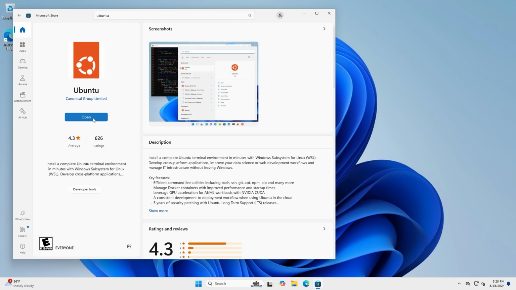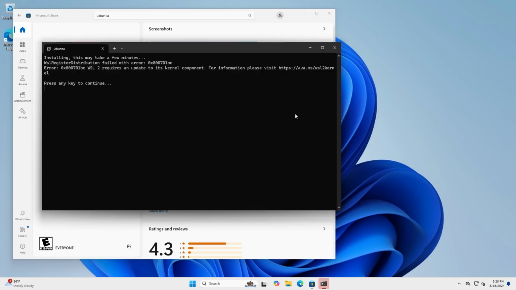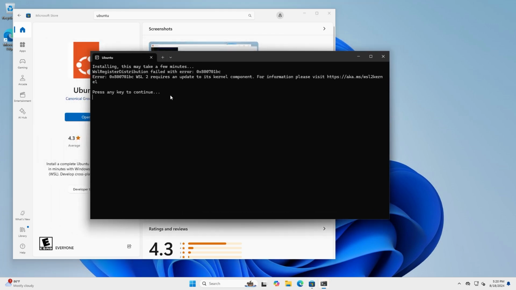Okay, we can see that it's now installed, so we can click Open, and this will launch the Ubuntu WSL environment. Now, most of you will probably get this notification: WSL register distribution failed with error, blah, blah, blah. We need to visit this address. And if you Control-click on that,